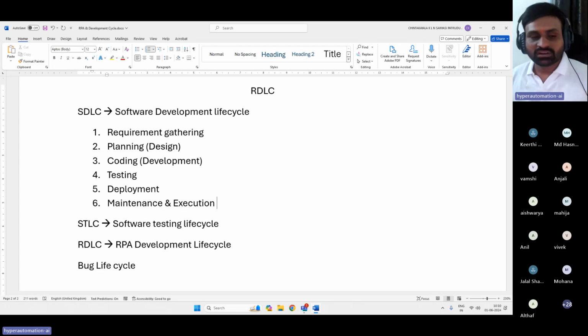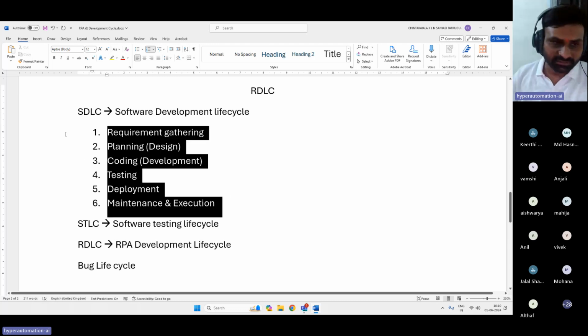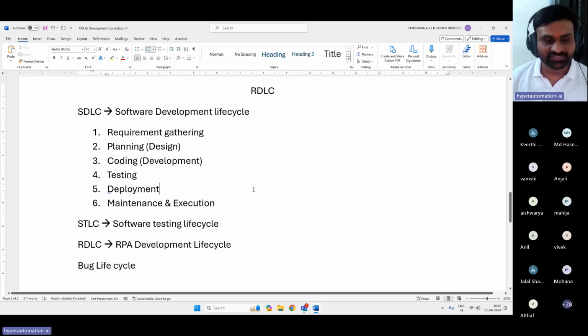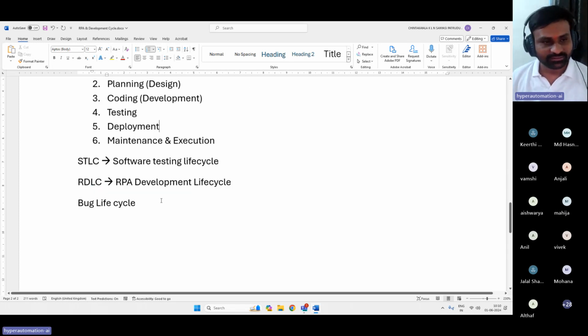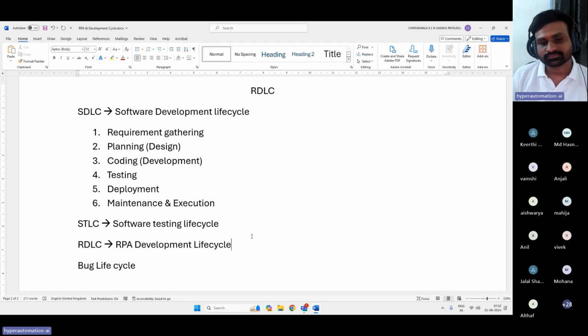Whatever words we are using, the work which we are going to do is the same, right? I think you guys know much better than me when it comes to the SDLC. I'm not that great. Thanks for the help. And we'll talk about RDLC. So do we need to call it an RPA development lifecycle?